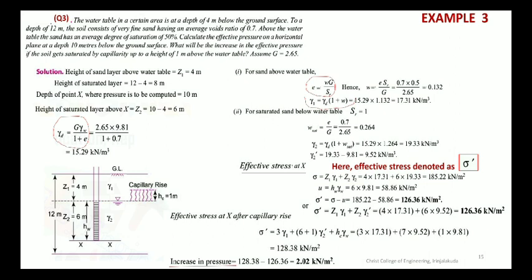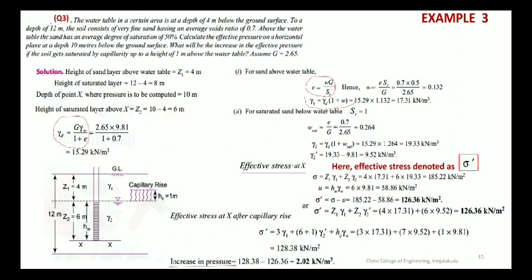Okay, so in that case, what will be changing? A 1 meter height of soil above the water table will also get saturated because capillary water is rising up. So the 1 meter layer above the water table will also get fully saturated, so the gamma 2 or the second layer of 6 meters will be changing. That will be increased to a total of 6 plus 1, 7 meters. It will be fully saturated. A 7 meter height will be fully saturated.